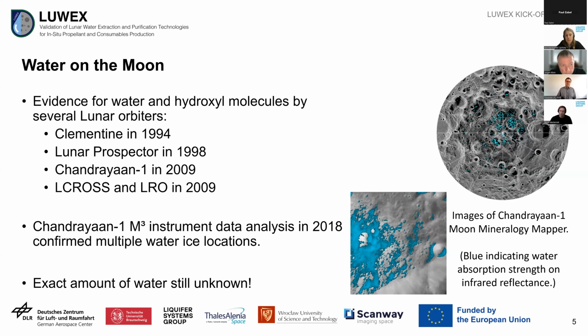After evaluating data from the Moon Mineralogy Mapper on Chandrayaan-1 in 2018, it could even be confirmed that there is water ice in some locations on the moon, especially in permanently shadowed craters where the temperatures are so cold that the water stays frozen and it's not